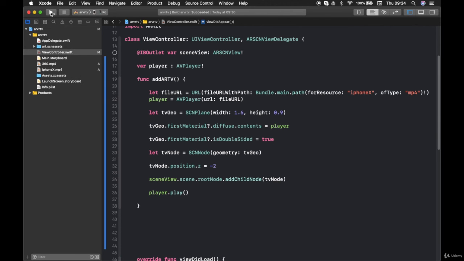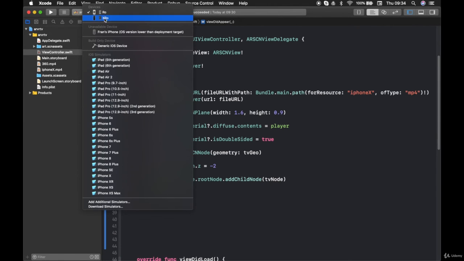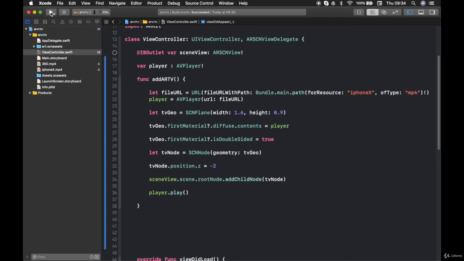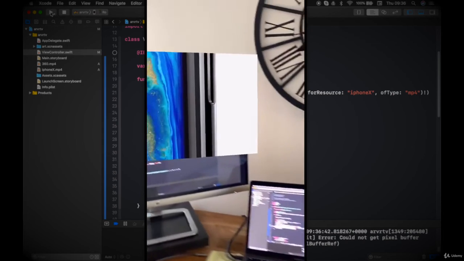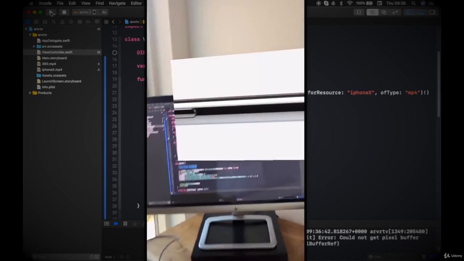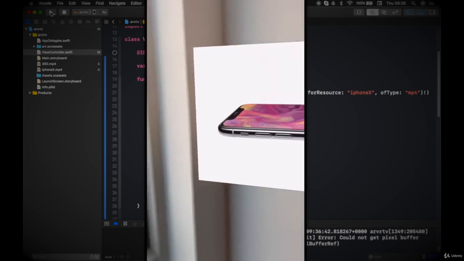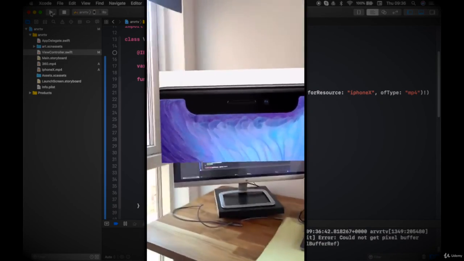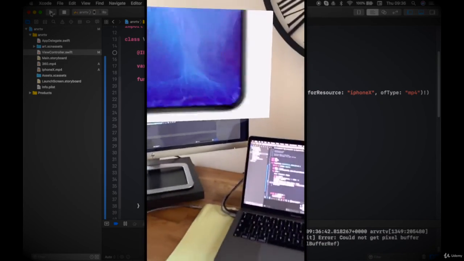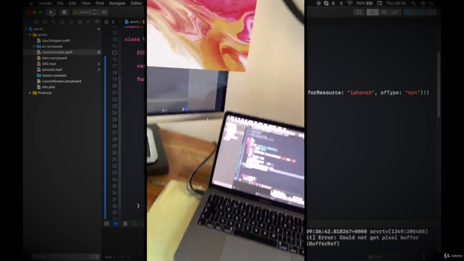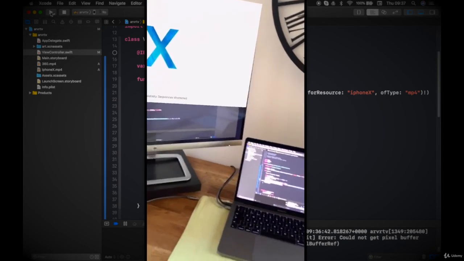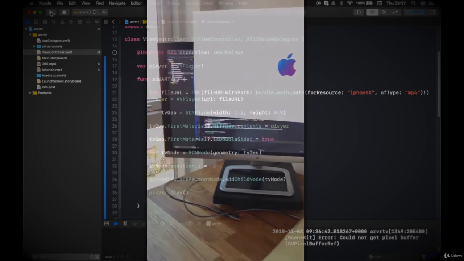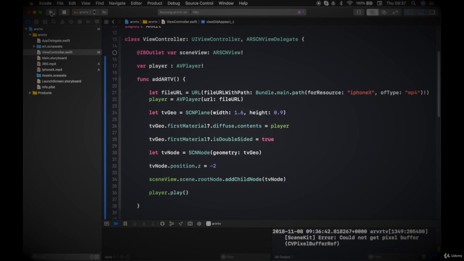Let's run this on my phone and see what this looks like. Okay, there we go. Our plane is showing in front of me here, and you can see this video is playing. It's working great. Excellent. Let's move on and now look at how we can create the VR